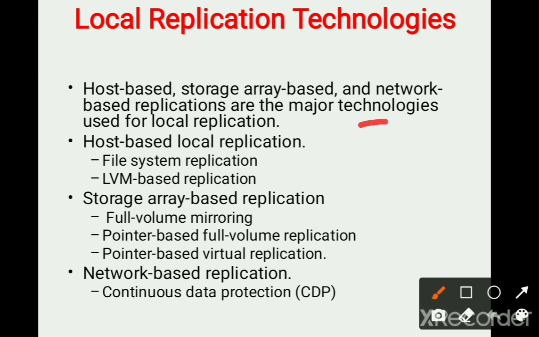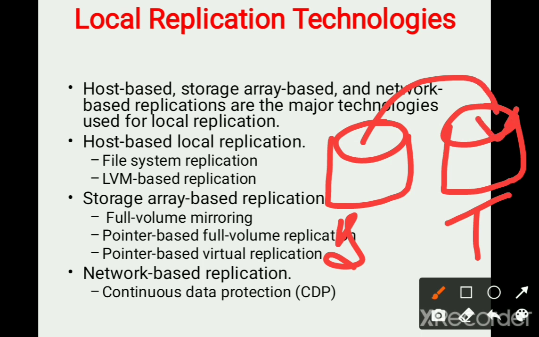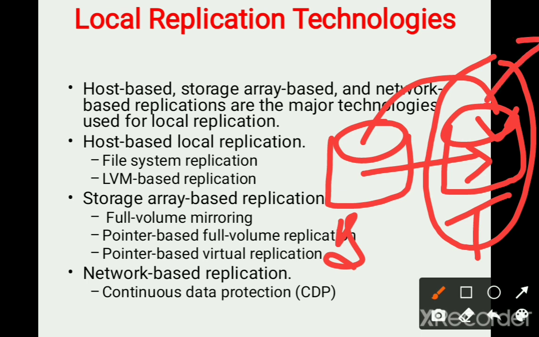From a source database, the whole data has to be copied into another database. If I label this as a source and this as a target, the complete data present in the source database has to be moved to the target. Each and every content, that is row and column, has to be copied. Then we can say that the replica has been created, and the target database can be accessed by the host, so that the transactions can be carried out again.